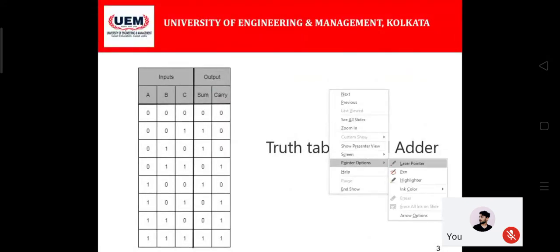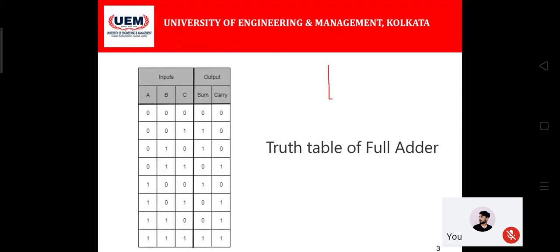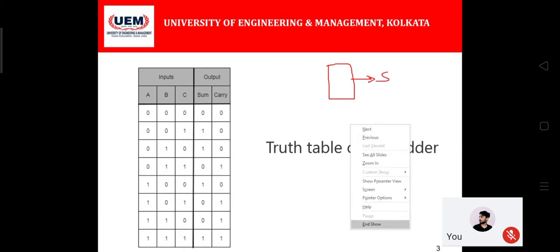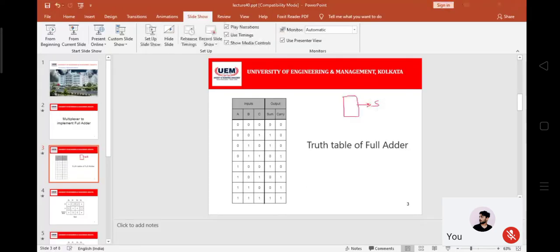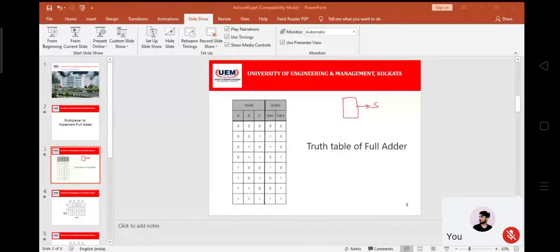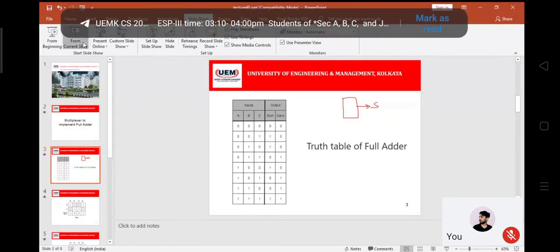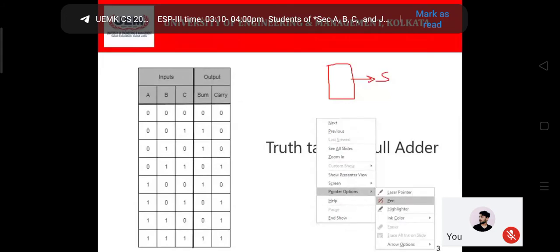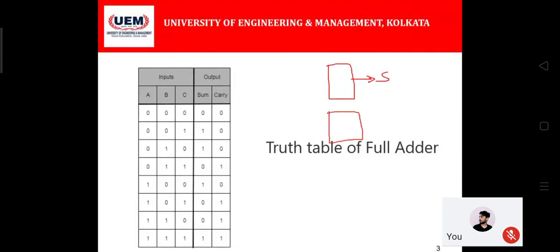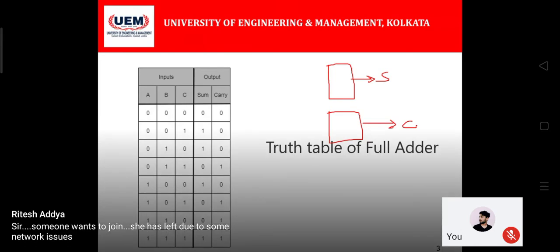One constraint is that when we are using a multiplexer, that multiplexer must produce the values of the sum and the carry at the output of the circuit, and that carry and sum value should exactly match the values in the truth table of a full adder. So these two multiplexers will be producing sum and carry, and those values will match the possible combinations of ABC of a full adder circuit.